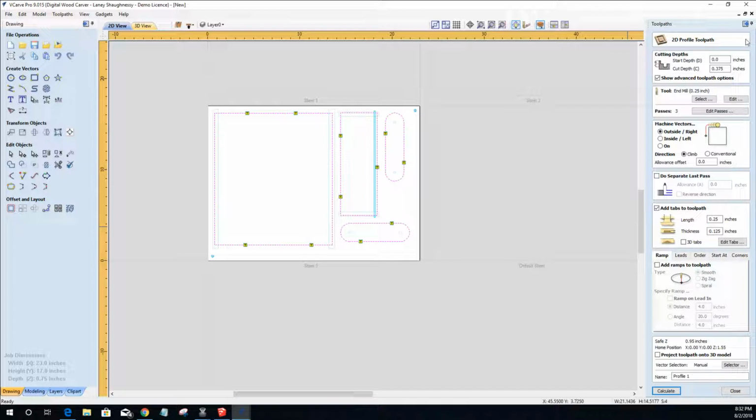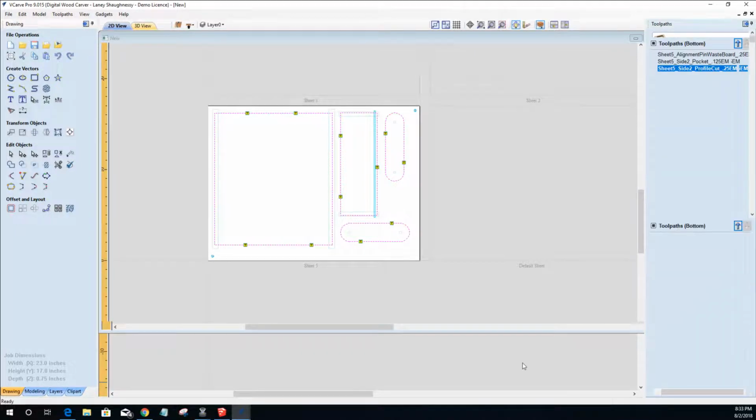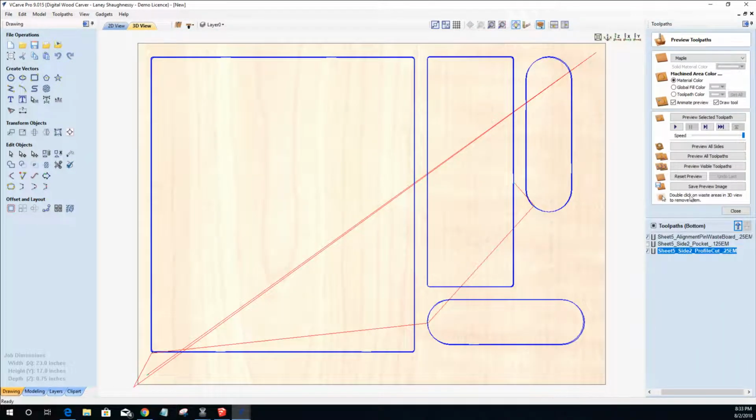So with my vector selected, everything in here, let's go ahead and name this sheet 5 underscore side 2 profile cut, and 0.25 in mill, and calculate. So now if I preview all the sides,